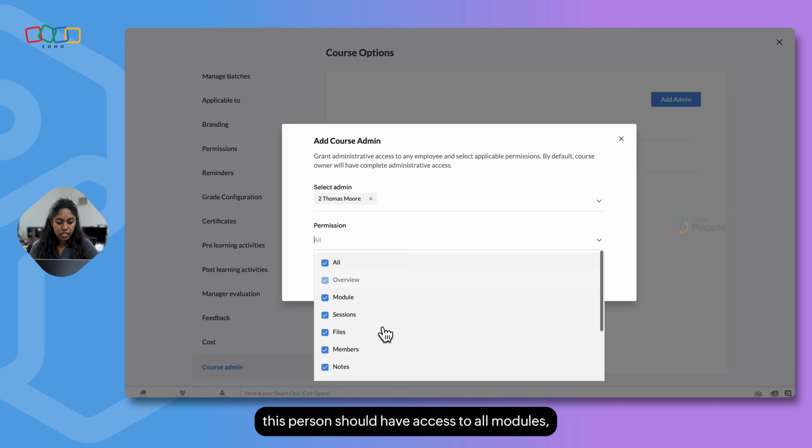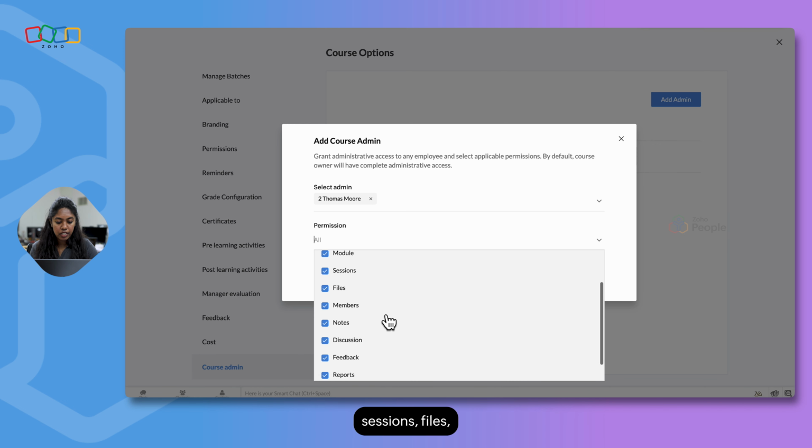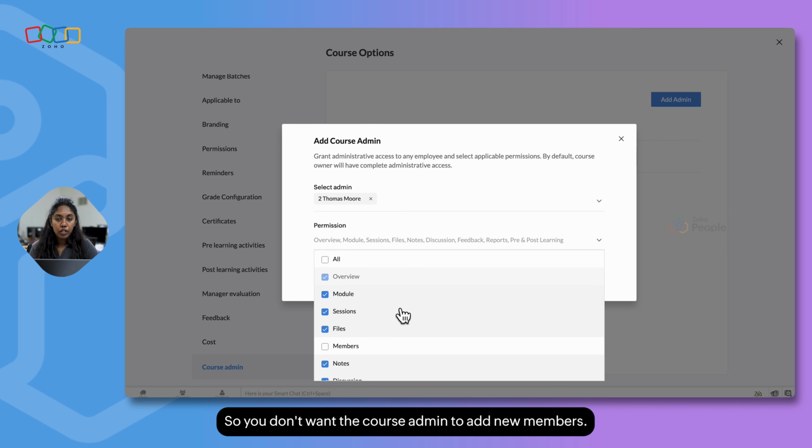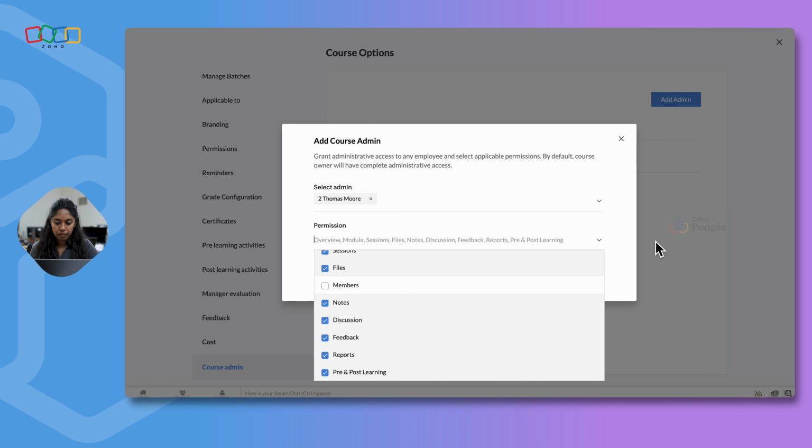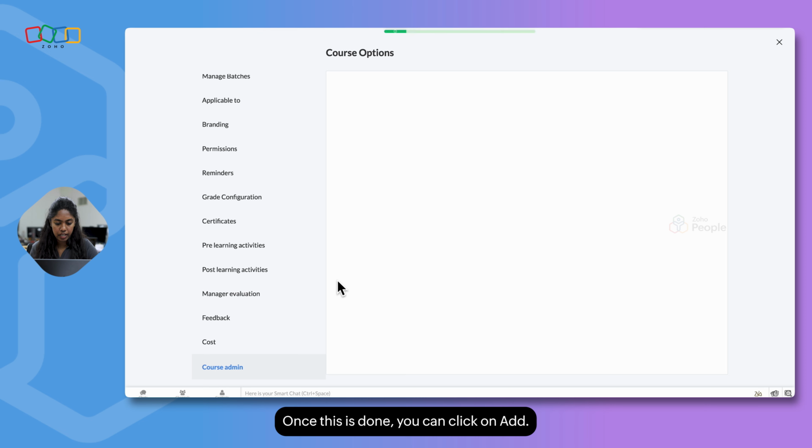You can say this person should have access to all modules, sessions, files, but not to members. So you don't want the course admin to add new members. So you have an option to define what type of access this course admin should have. Once this is done, you can click on Add. You can have more than one course admin for a particular course.